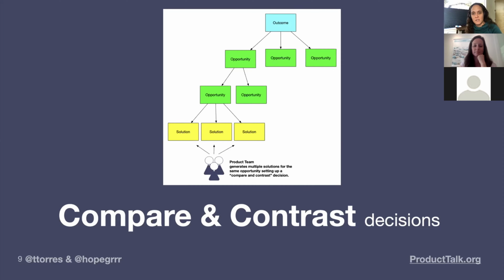And so what we see product teams do is they tend to get stuck on their favorite solution. They pursue one at a time. They work on one customer problem without considering what else is out there. And we get really boxed into what is often referred to as a whether or not decision. Should we build this idea or not? Should we solve this problem or not? Whereas decision-making research tells us we're actually better off setting a compare and contrast decision.